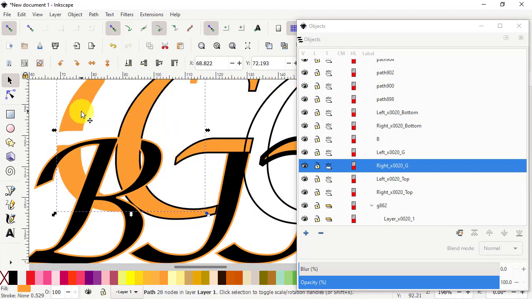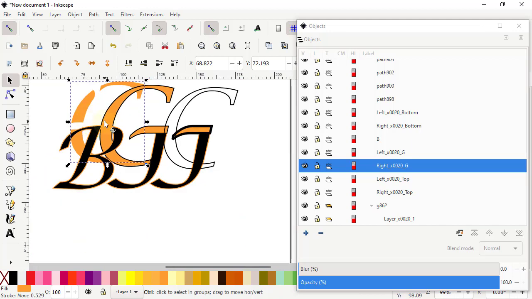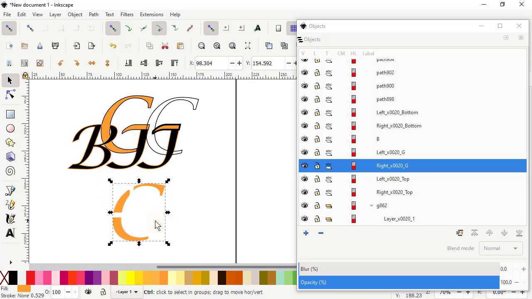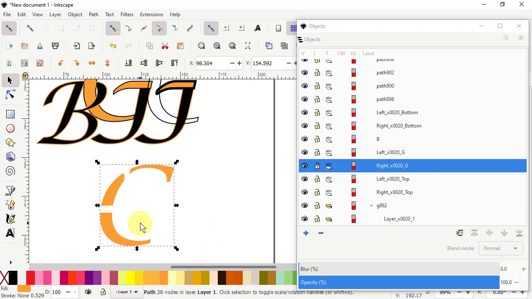I'll move it a little further out of the way, then it becomes better visible. I'll move it here to the bottom for a moment. As you can see in the object panel, it is still one object, but now here on the screen you can see this is one object, or should be one object, this should be one object, and that should be one object. If we go extension,